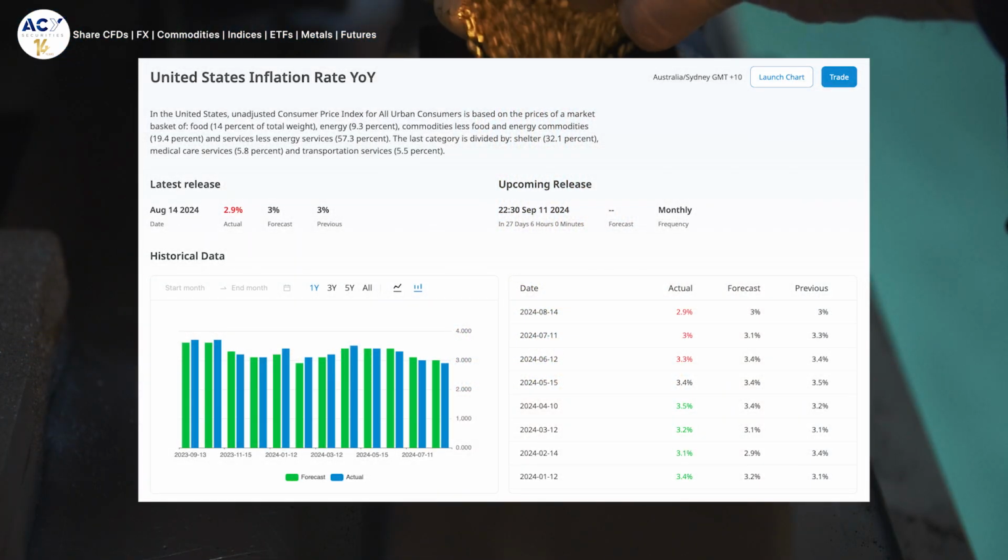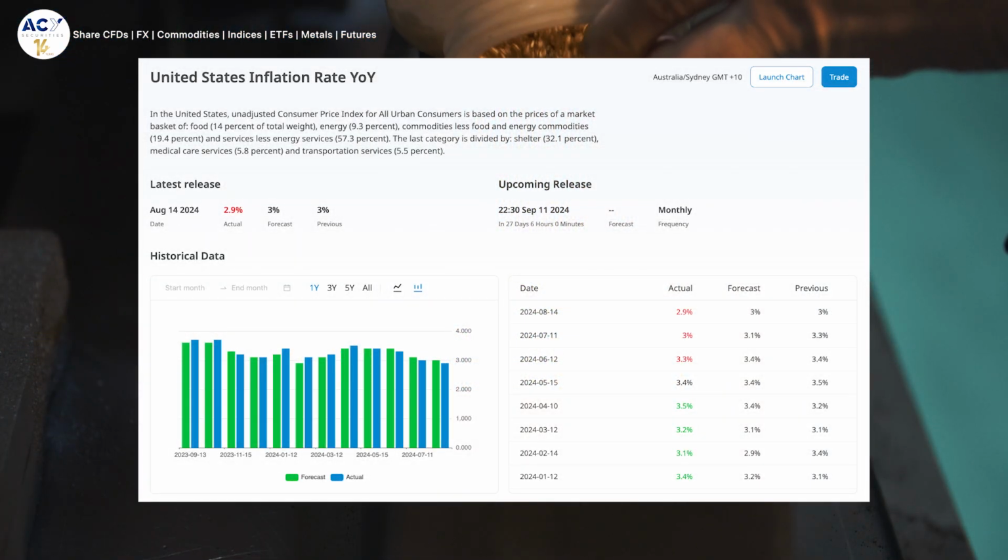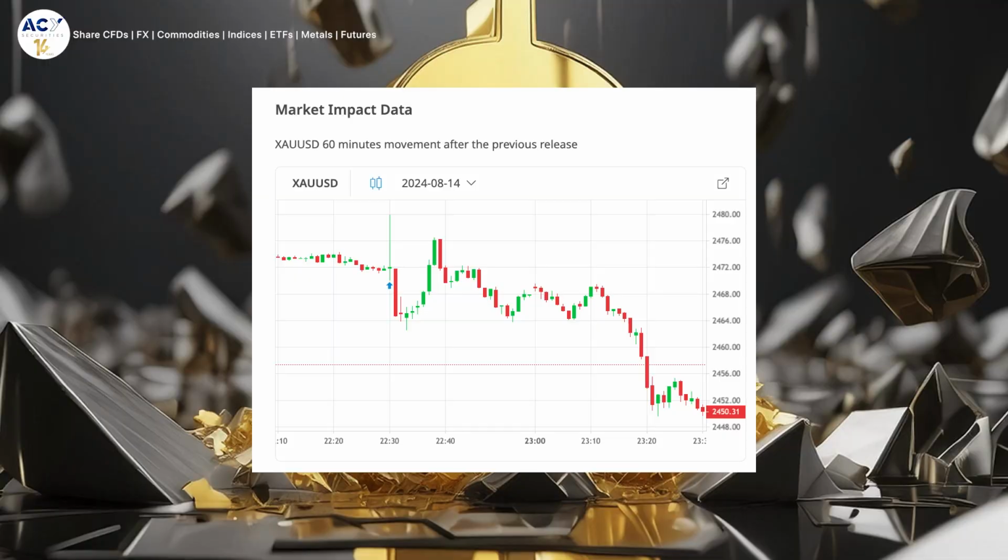Some of the CPIs do, some of the CPIs don't. Like we had yesterday, we didn't have much of a move. Why? Of course, because the core CPI month over month, the core CPI year over year, and the CPI year over year were very, very close to the expectation. So why should the market react so strongly to that? But indeed, we had gold dropping, okay?